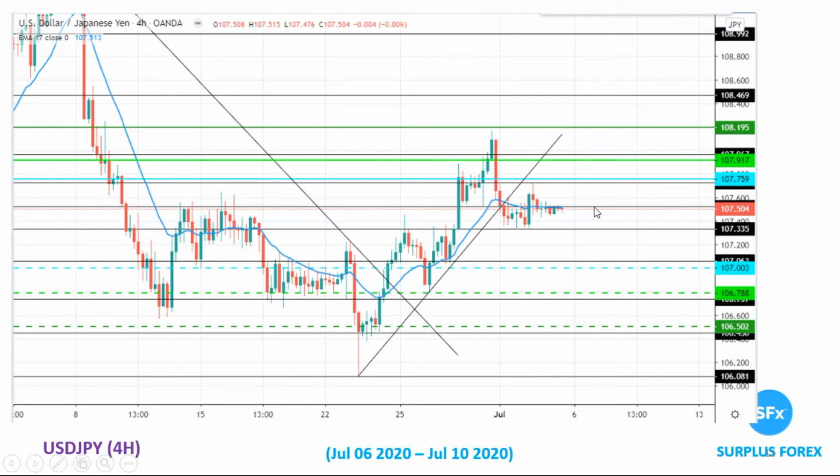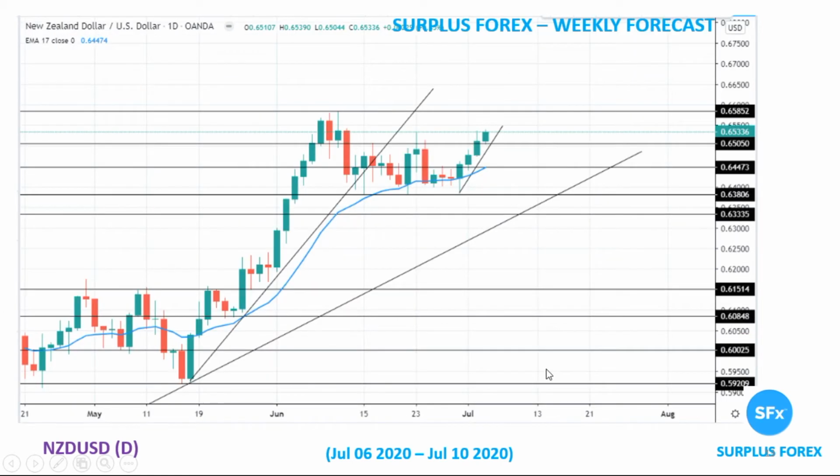On the upside, when you enter 107.75, keep your target at 107, stop loss at 107.50, right below the pivotal point of 107.55. Kiwi USD on a daily time frame, we see that it's below the uptrend line here, the previous trend line, and it's above the EMA 17. It's been on a bullish trend. As you see, it's been a bullish trend all the way long.